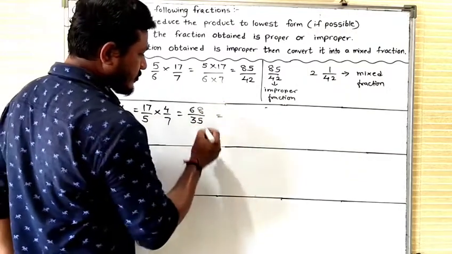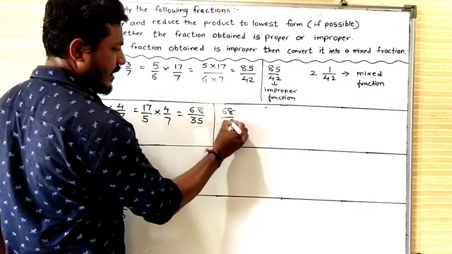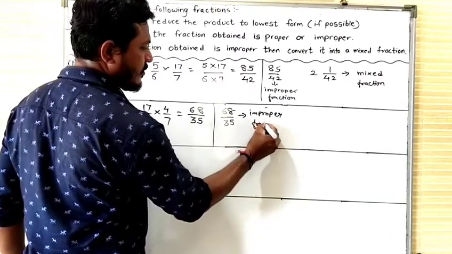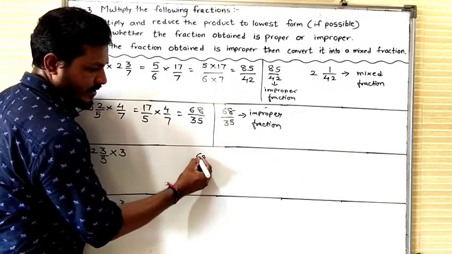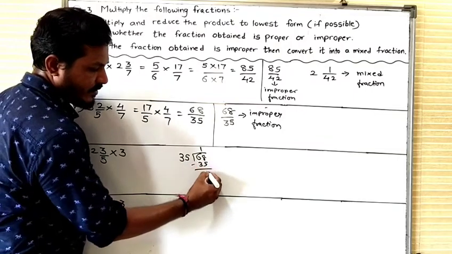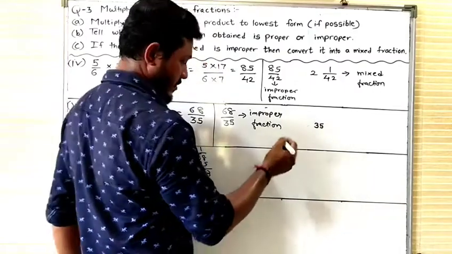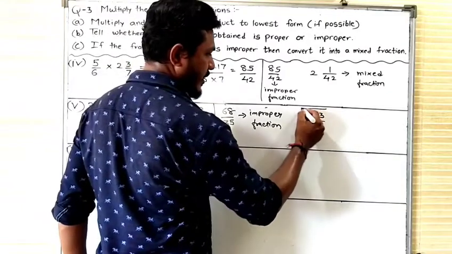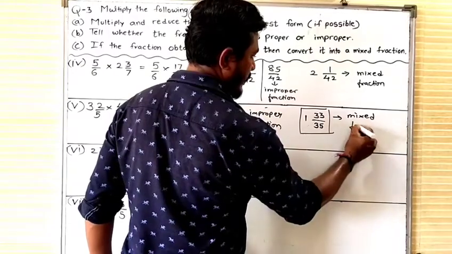Now dear student, first you write down this value as an improper fraction, then convert this improper fraction into a mixed fraction. Now divide it over here. 35 into 70 is not possible, 35 ones are 35, remainder 33. So what will we write over here? 35 as the denominator, 35 ones are 35 plus 33 gives 68, that is a mixed fraction.